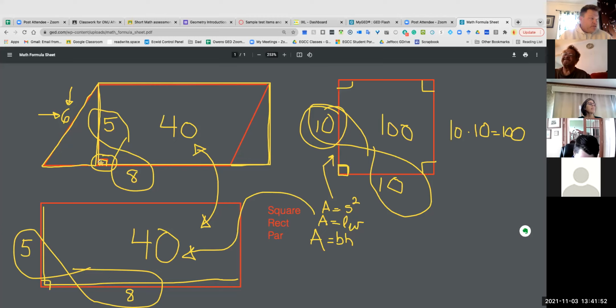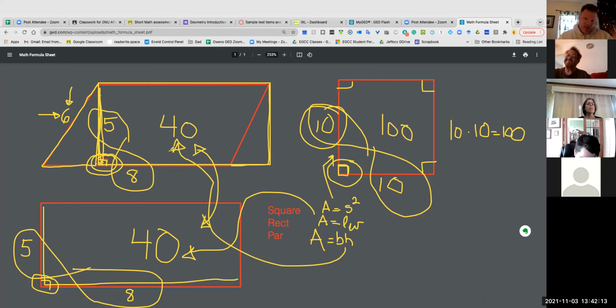B stands for the base, and H stands for the height, which is that dotted line. It's where that meets. It's where this meets. They're all the same thing. The formulas are specific to a shape, but the function is universal. The only difference, trapezoids and rhombuses, rhomboids, rhombi, are slightly different. They're a little bit of a tweak, but for the ones that we're going to use the most,